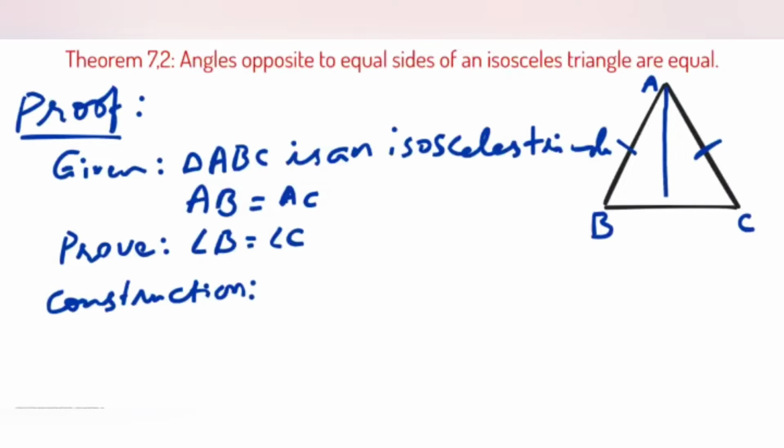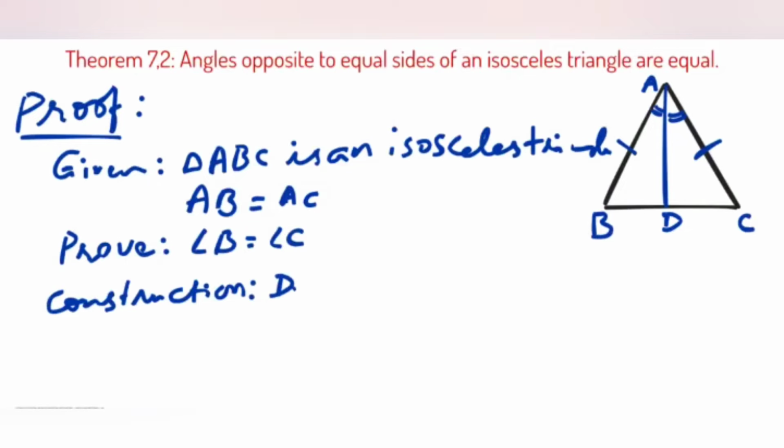An angle bisector of angle A. What do you mean by bisector? Bisector means which divides into two equal parts. Here the angle bisector divides angle A into two equal parts. These two parts are equal because this angle bisector is bisecting angle A. Let this bisector be named AD. Let it intersect the base at D. So AD is the bisector here.